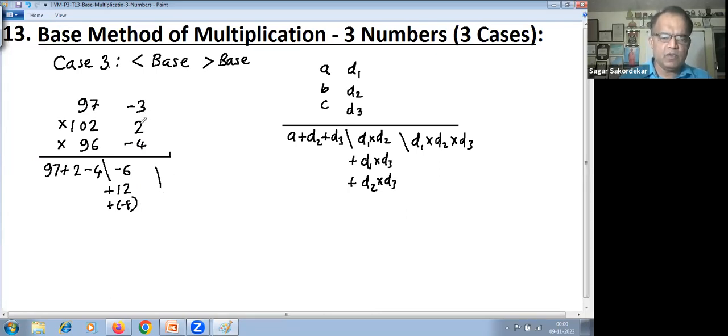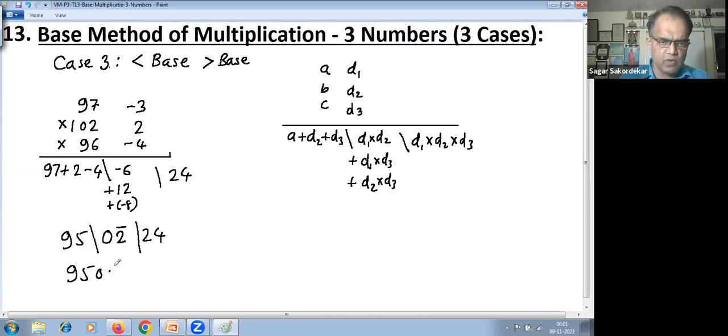Next, minus 3 into 2 is minus 6. Minus 6 into minus 4 is plus 24. This will be positive. So when there are two negative numbers, this will be positive, but minus minus is plus. Whereas here, minus 6 minus 8 is minus 14 plus 12 is minus 2. This is 99, 97 plus 2 is 99, minus 4 is 95. So this is 95. This is minus 2, that you'll have to write bar 2 here, and then 0 because there should be 2 digits. And this is 24. So